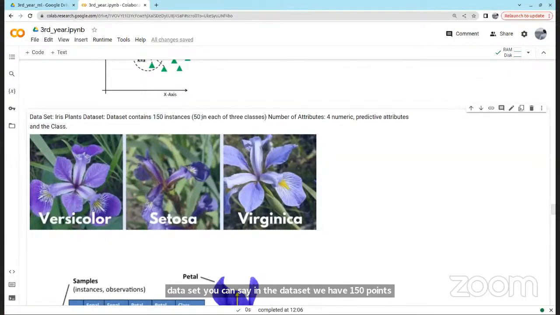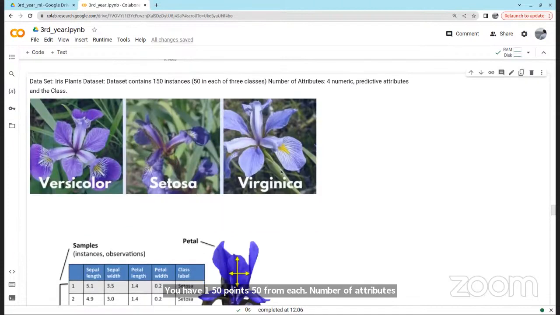That is, 50 are from versicolor, 50 from setosa, 50 from virginica. For these 3 classes, you have 150 points, 50 from each. The number of attributes is 4 numeric, predictive attributes, and the class.